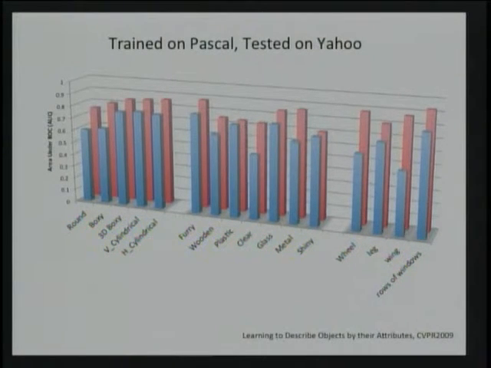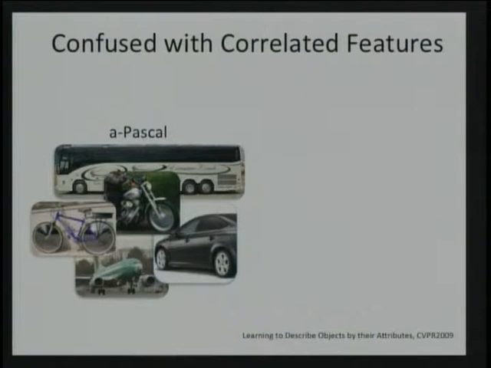Let's look at the wheel classifier, for example. There is a big drop. Let me look into more detail at what's going on in this case. When I train my wheel classifier on the Pascal dataset, it just happens to be the case that all of the images that have wheel in them also have lots of metallic surfaces around them. And when I train my wheel classifier in this setting with these examples as positive examples, my wheel classifier might very well be confused with metallic surfaces.